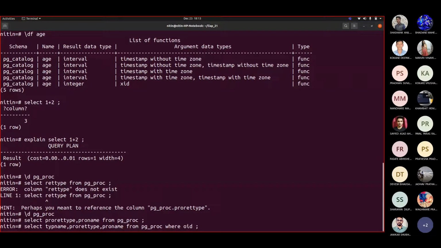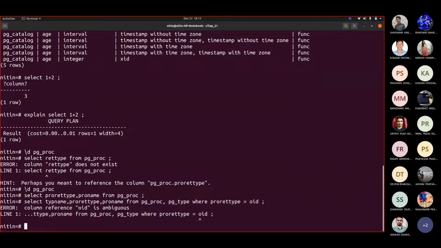Sorry, where prorettype in select, or instead of this we can write from pg_type where prorettype equal to OIDs.